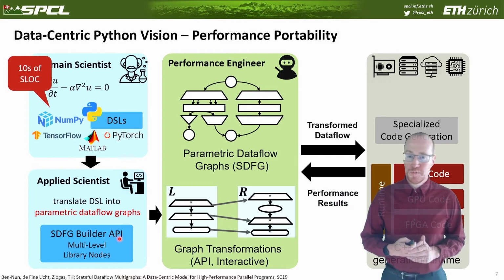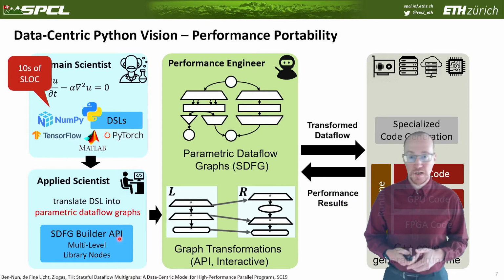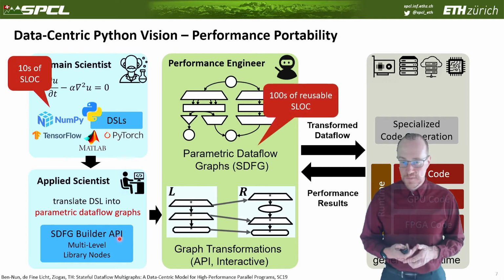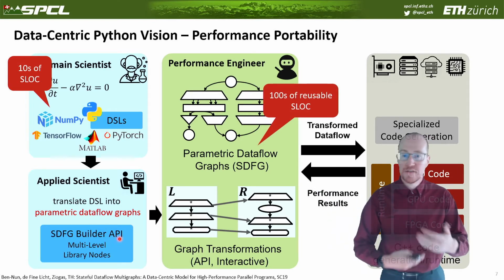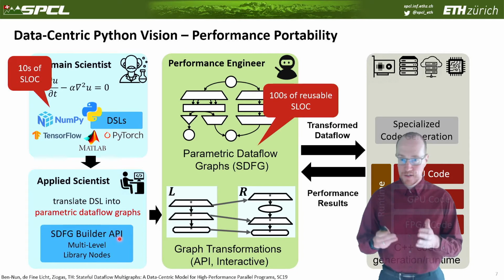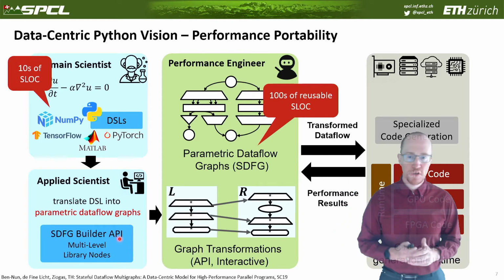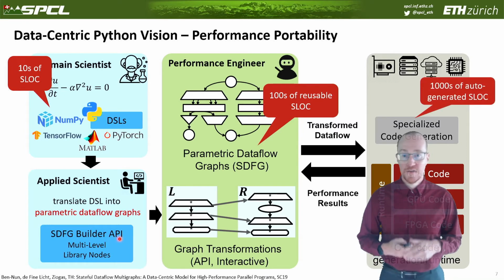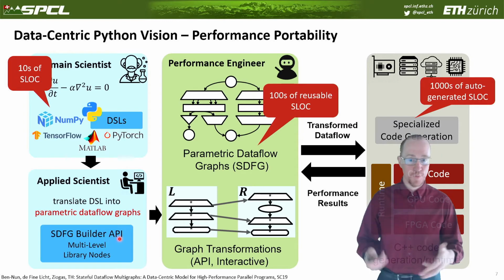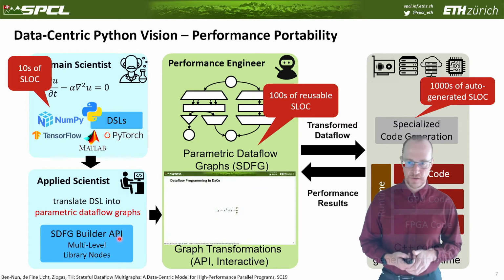So that's basically just a pretty printer for source code. And then, of course, the programmer, the domain scientist, only works with tens of lines of code. If you have actually looked at PyTorch or TensorFlow, you can define deep neural networks in tens of lines of code, and they're extremely powerful. Where does the performance come from? That is really from rewriting this internal representation, this graph, but the rewriting is not manual. The rewriting is done in an automatic way where we specify the rewrite rules in code, and those are reusable across different programs, across different codes, different graphs. And at the end, the code generator is typically thousands or even tens of thousands of lines of auto-generated code, which you do not necessarily want to look at, or you definitely don't want to write yourself, because there's all this loop unrolling and really using all intrinsics and whatnot that you may not know and may not want to know.